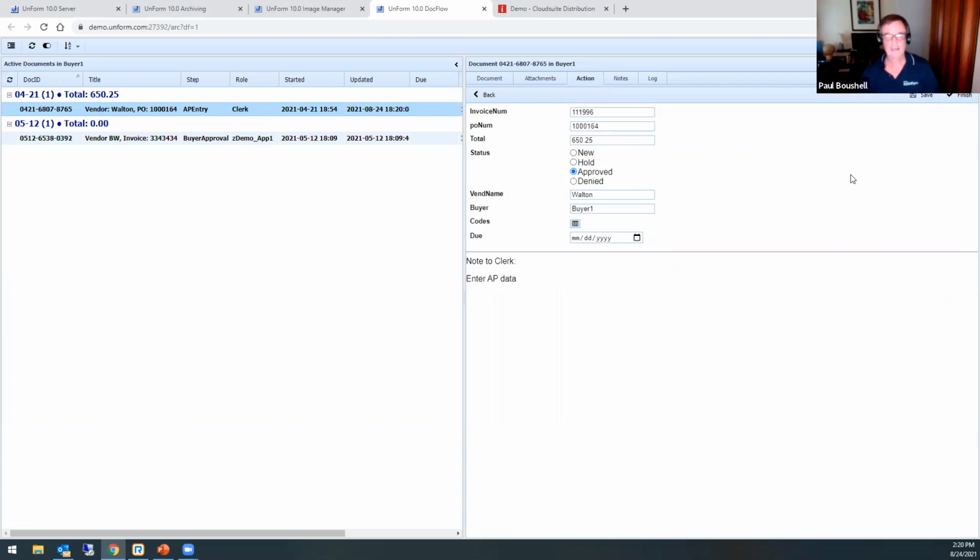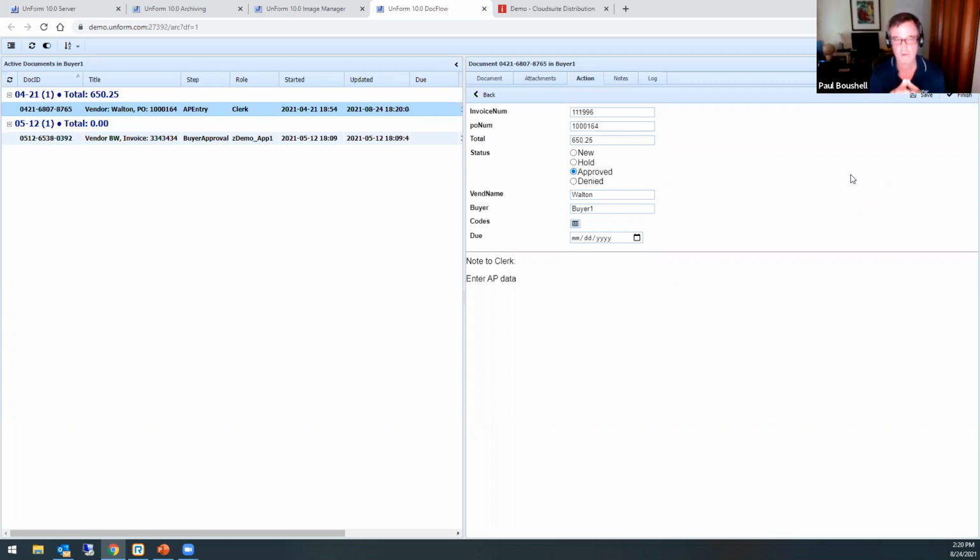So the idea here is to have those documents in a flow that helps to ensure process compliance, of course, but also you don't lose stuff. You're not sending paper back and forth. And again, these are configured based on whatever your particular processes are. So you can build out very elaborate ones, or some of them are just very simple.